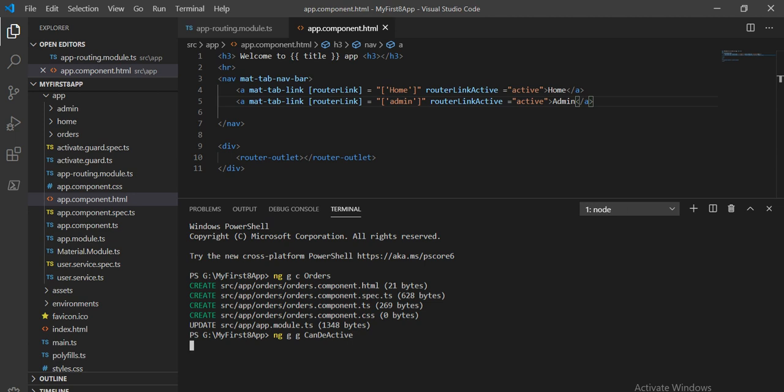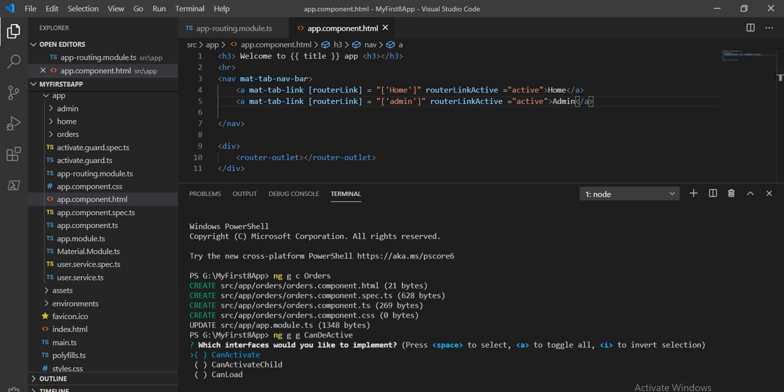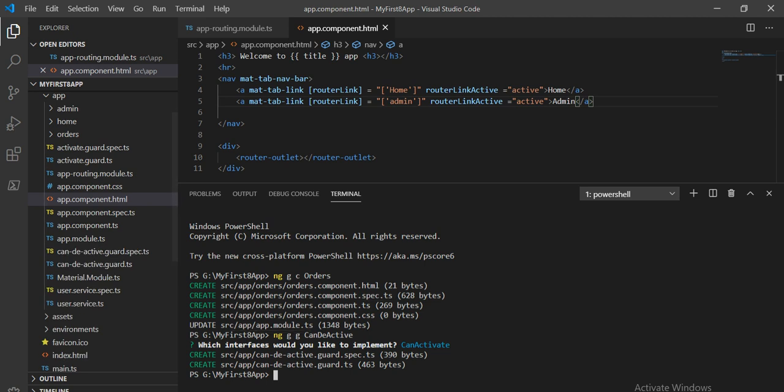It will ask what kind of route guard you want to create: CanActivate, CanActivateChild, CanLoad. Basically CanDeactivate is a part of CanActivate with some modification. So hit enter to select one route guard, and then press enter. It will create two files, one is the guard and another is the spec file.